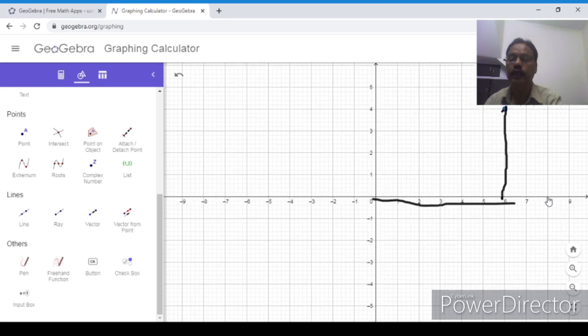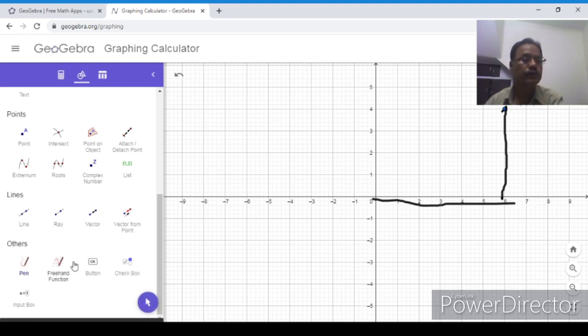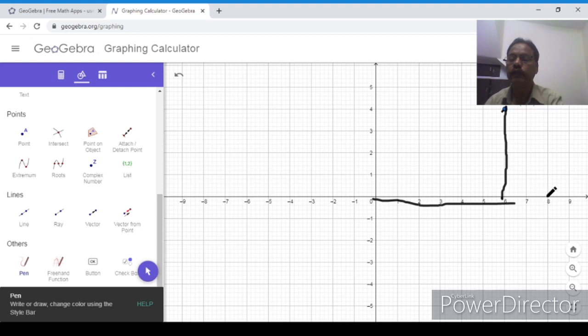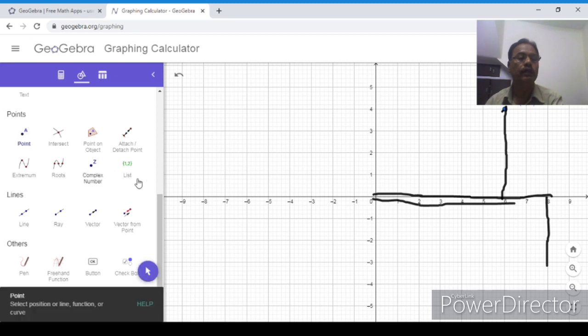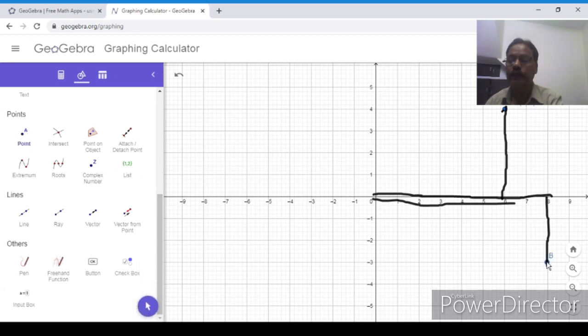So we are moving here 8 units. Let us see 8 units. This is the 8 units towards the x-axis, and -3 units towards the y-axis: 1, 2, 3. Understand? Now we have reached this point. This is point B. So 8 and -3. 8, -3, we have already moved.